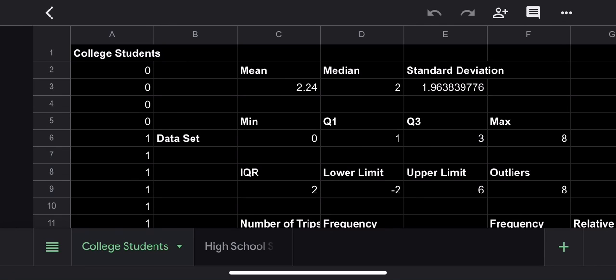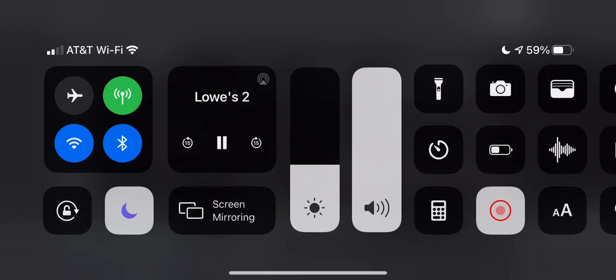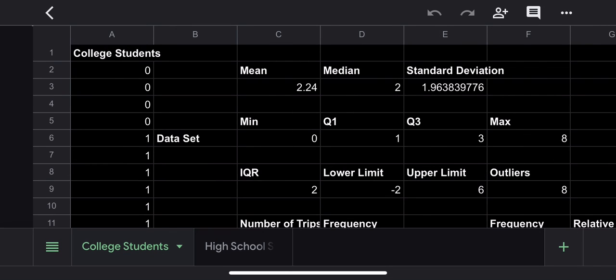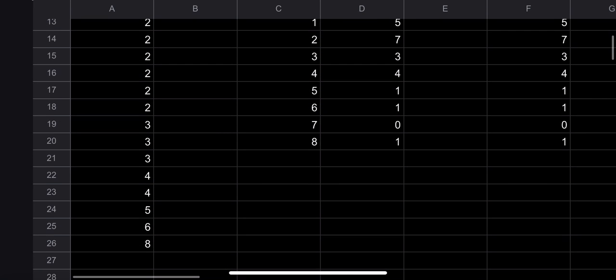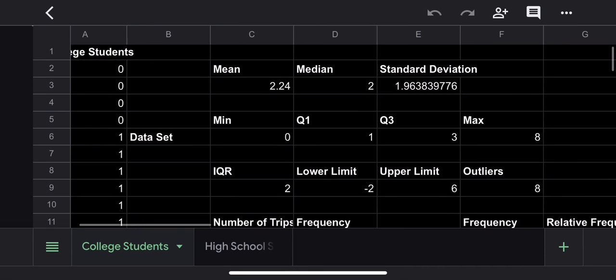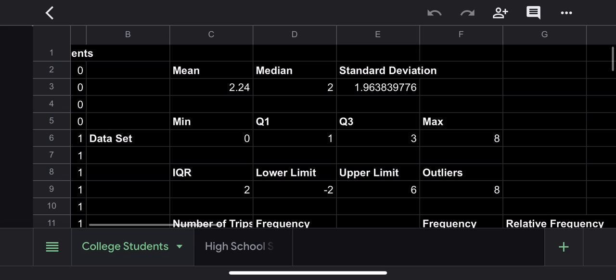So this is my data collection project, and my survey was who went on more trips during the summer, high school students or college students. Here's my data set for the college students. From cells A2 to A26 was my survey. So the mean was 2.24, median was 2, standard deviation was 1.96, the minimum was 0, quartile 1 was